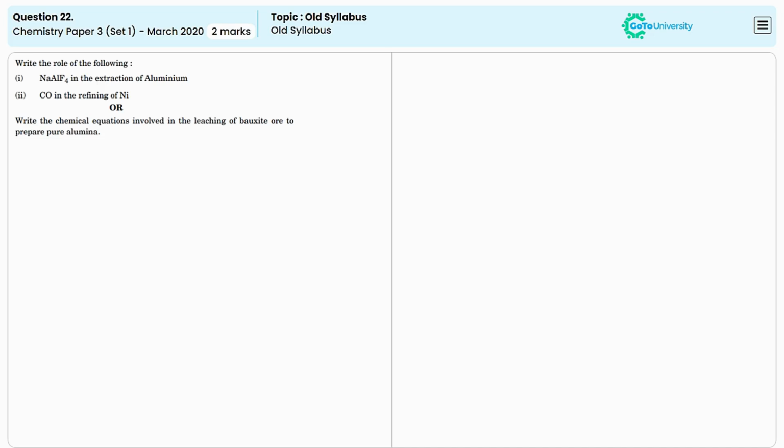In this question, we have to write the role of the following. In the first one, it is given cryolite is used in the extraction of aluminium. In aluminium extraction, this cryolite plays a crucial role in the Hall-Héroult process, which is used to extract aluminium from its ore bauxite. The first one is we can say this cryolite is used as a flux in the electrolysis process